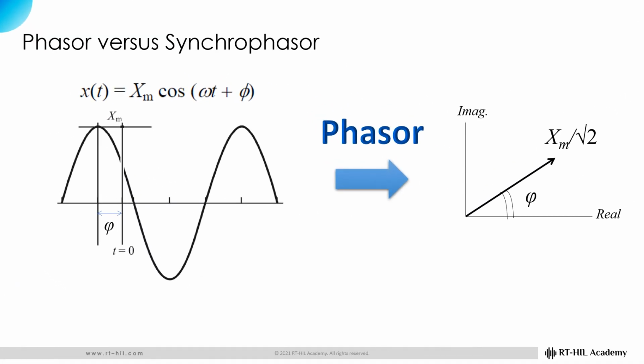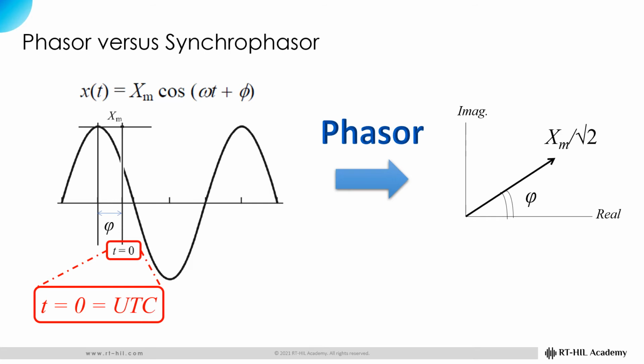Let's start with the definition of phasor. As we all know, a phasor is the complex number representation of a sinusoidally varying signal. As this figure shows, the angle of the phasor, phi, depends on the point at which the signal starts at the beginning of time. The question, one might ask, is that what time is considered as the beginning of time when t is equal to 0? For example, is it the time in London, or the time in New York? Or the time in somewhere else in the world?